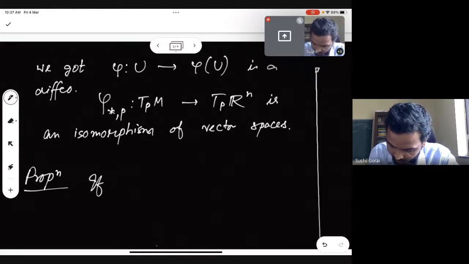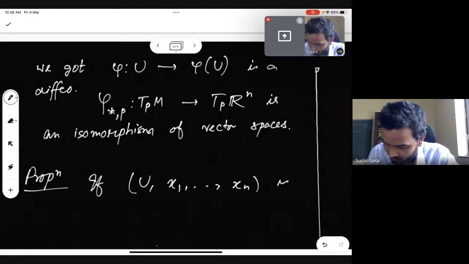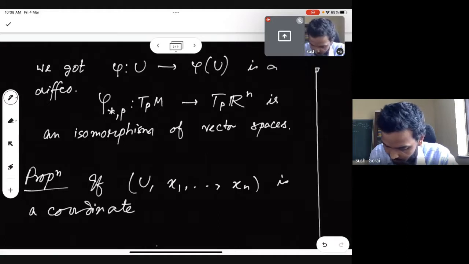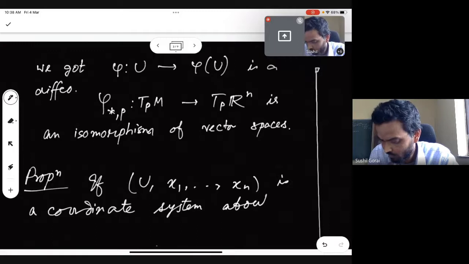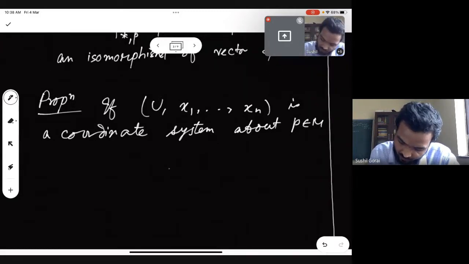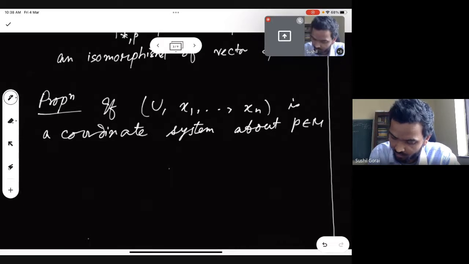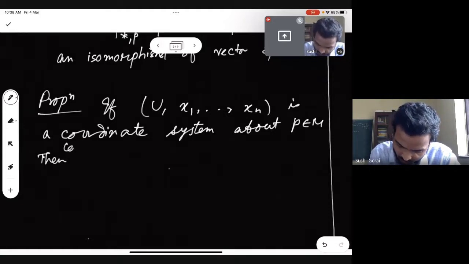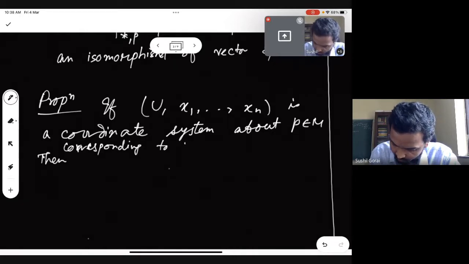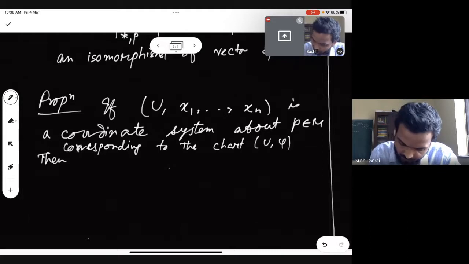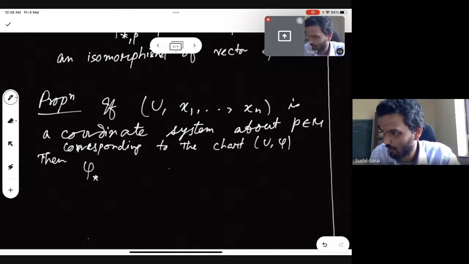If (U, x1, x2, ..., xn) is a coordinate system about P, corresponding to the chart (U, phi), then phi star at P, actually much more is true, phi star at q